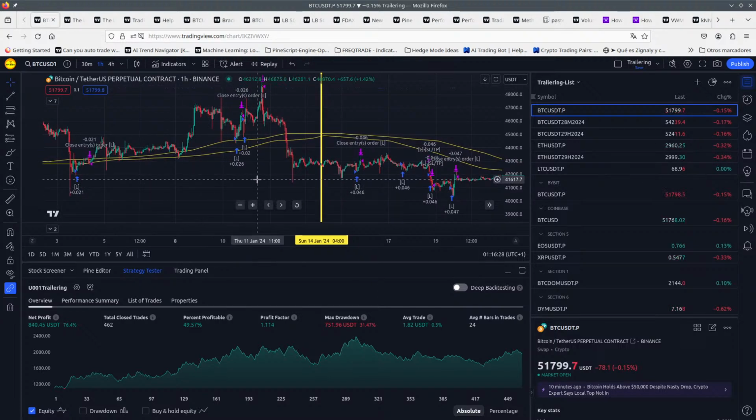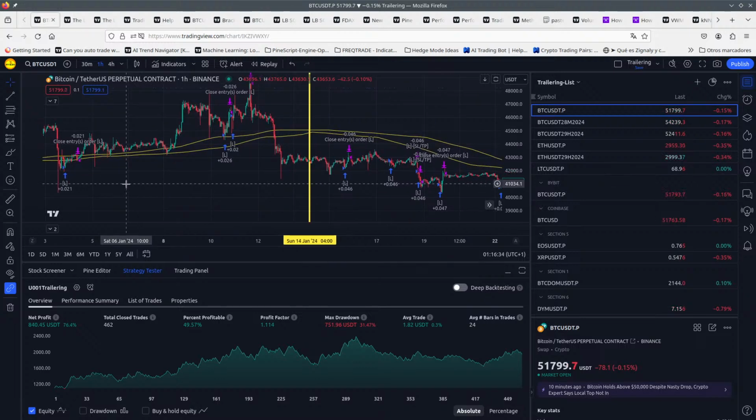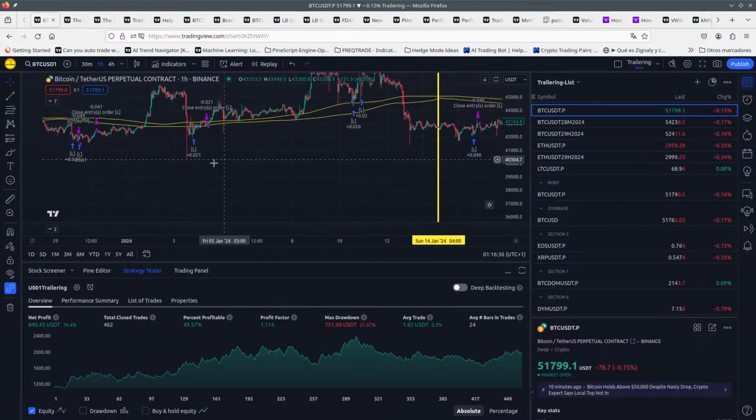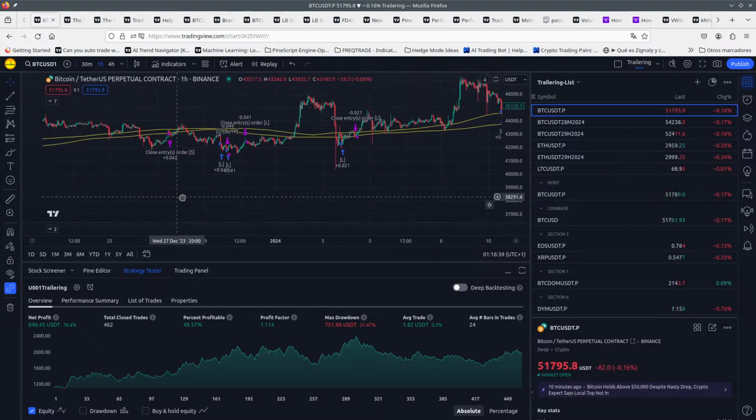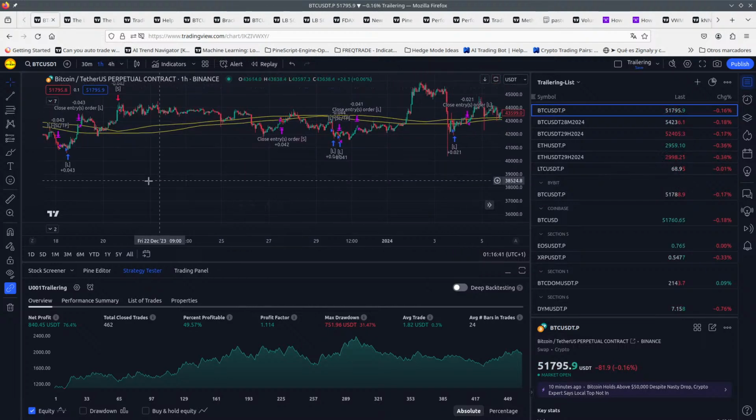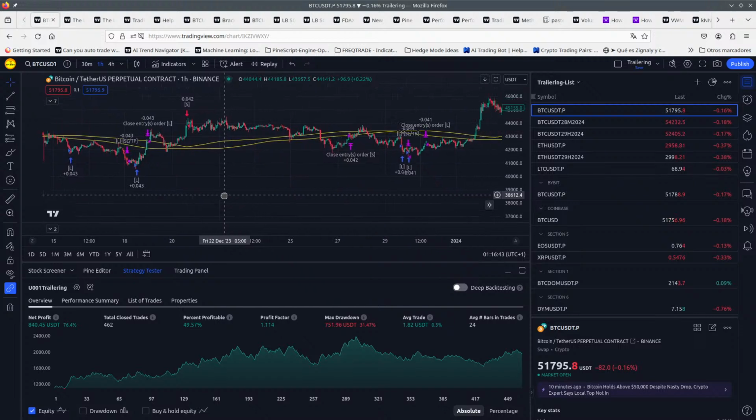So if the price is below it, then maybe, I'm not sure how to do this. This is a very good short trade, but then